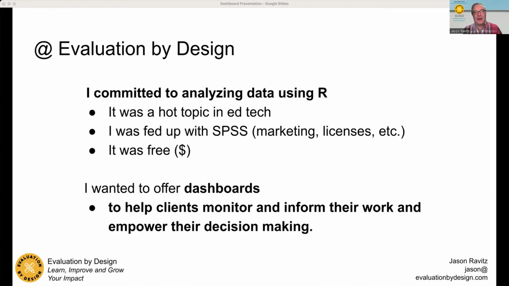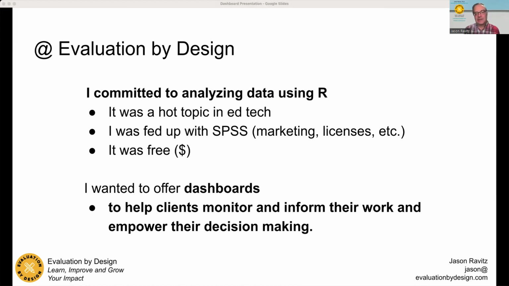When I started Evaluation by Design, I was running surveys and analyzing data in R, and I wanted to offer dashboards to help clients inform their work and empower their decision making. R was free. Honestly, I was kind of annoyed with SPSS marketing and licenses, and there was a buzz about R in the industry.